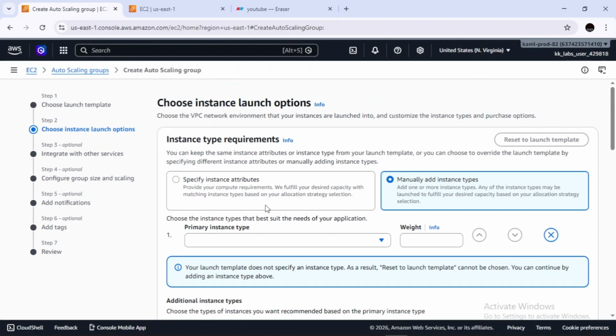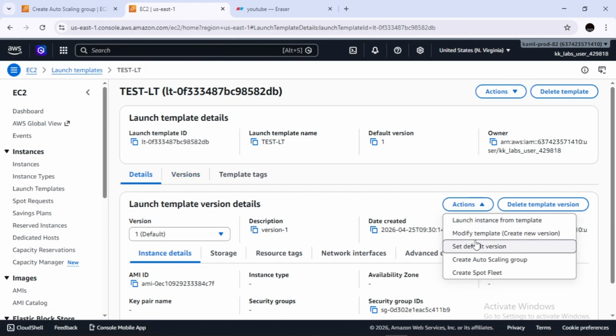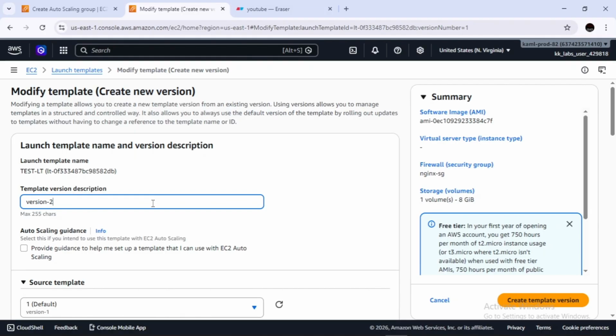I want my EC2 instances to be specifically of T3.micro or T2.micro. So what I'm going to do is modify my launch template, modify template, and let's say this is version 2.